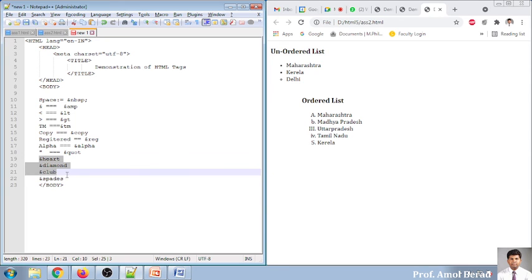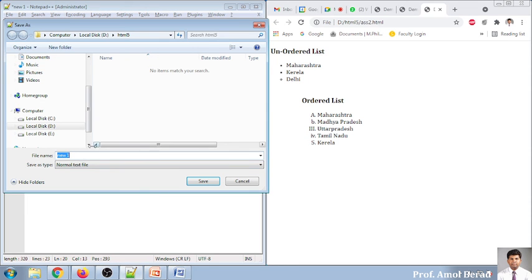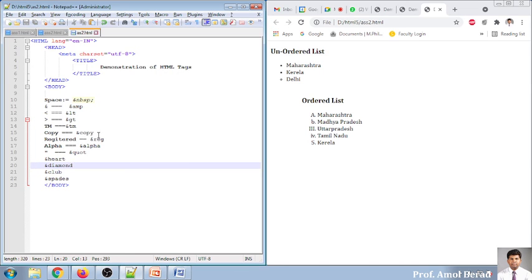So these are the special symbols you can use. I will just run this one in front of you. I'm saving it as AS2.html, and the output will be somewhat different because we have not used BR yet.